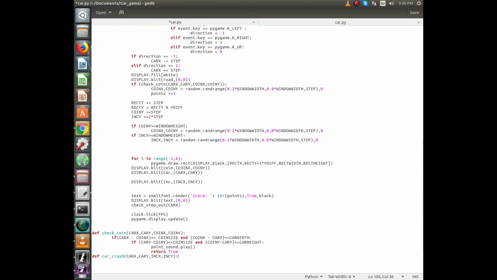So we will rewrite those if statements. If car x minus ink x is smaller or equal to car width, and on the right side ink x minus car x is smaller or equal to car width, and if car y minus ink y is smaller or equal to car height, and ink y minus car y is smaller or equal to car height,